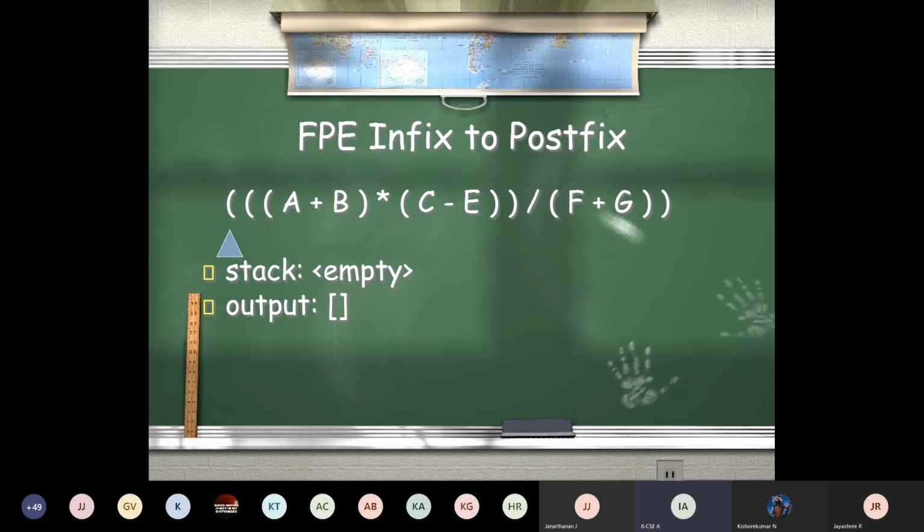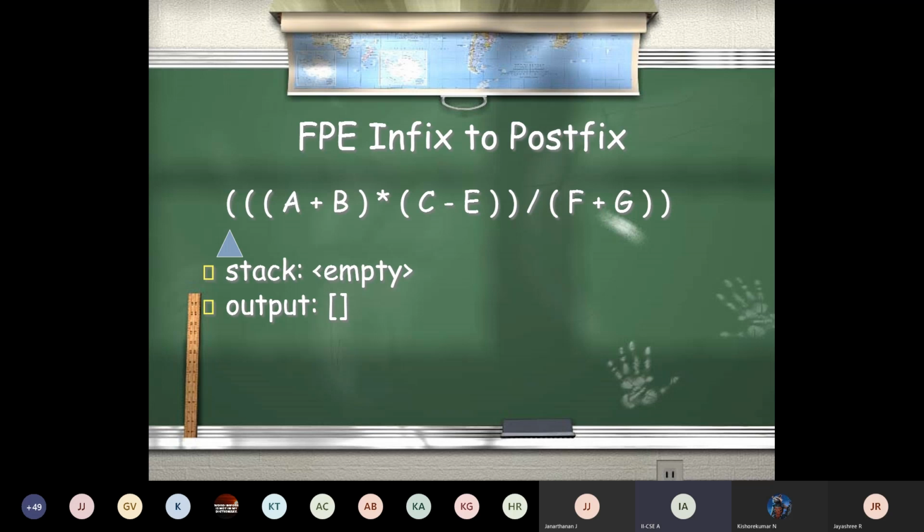Manually you know how to convert, simply by moving your operators. But when you are writing a program, when you are using a compiler, programs are used internally, is it not? So for that, we are going to use a stack here. We are going to see what is available in your stack and output. Initially, my stack is empty, and the output is also empty. This output is going to have your postfix notation.